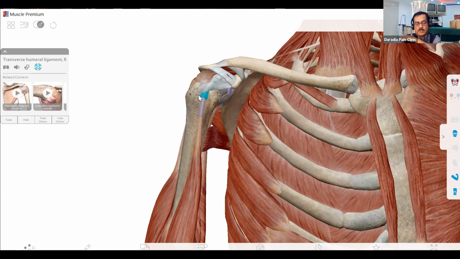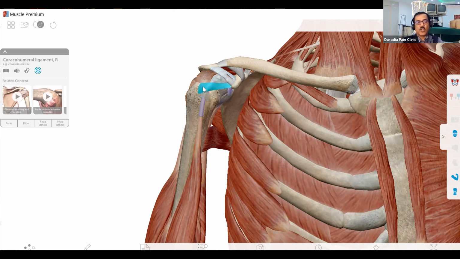and on the top is your coracohumeral ligament. Coracohumeral ligament is very important. This is a little bit oblique, and this is not exactly anterior. If you're looking by ultrasonography, you have to put the probe from the top. Then you can see the coracohumeral ligament better. It is very important because the coracohumeral ligament and the coracoacromial ligament are the 2 important ligaments which are thickened in frozen shoulder. Okay, so these are the two ligaments.